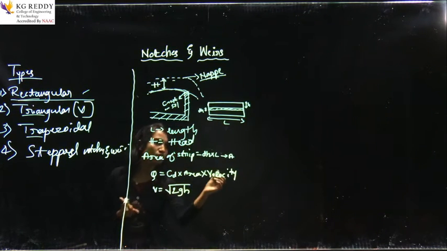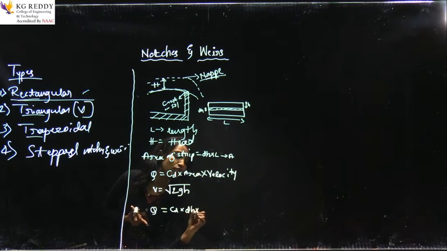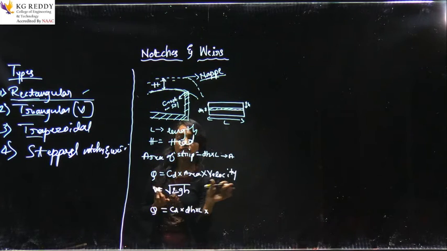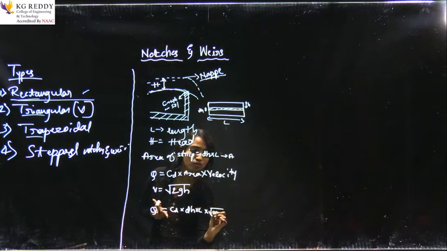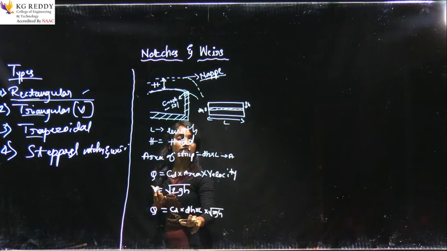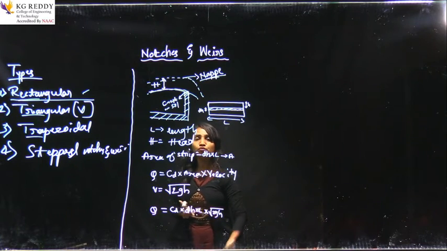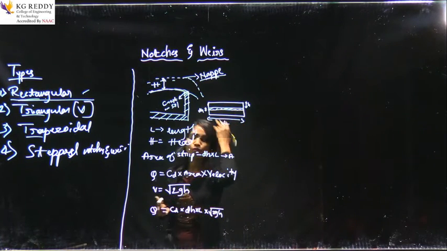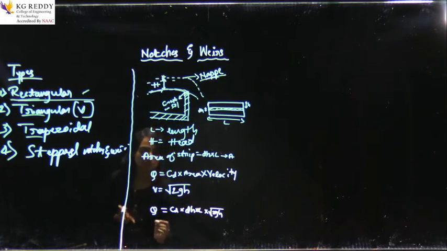So, we will substitute all these in the discharge equation. We will get CD as it is, and the area of the strip is dh into L, and the theoretical velocity is square root of 2gh. This is for a small strip, but we need to find the flow rate for the whole device. So, what do we have to do? From 0 level to h level, we should make integration.